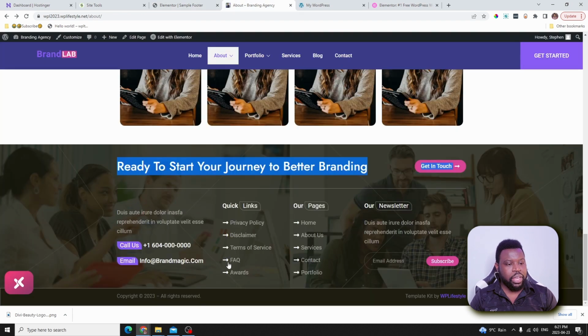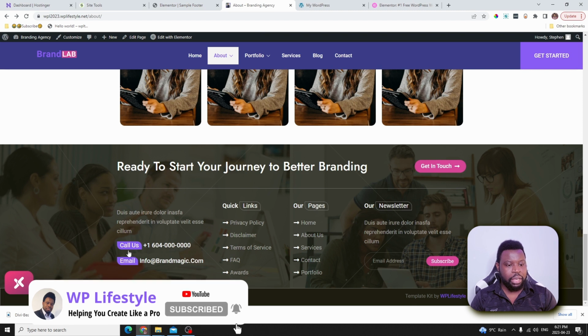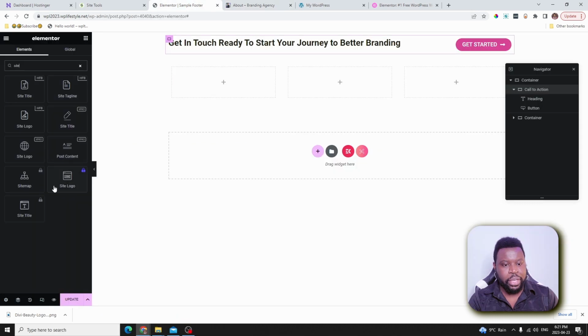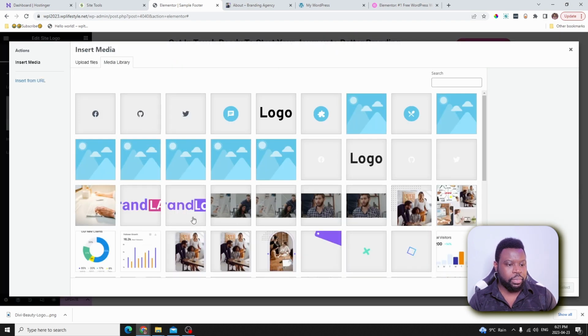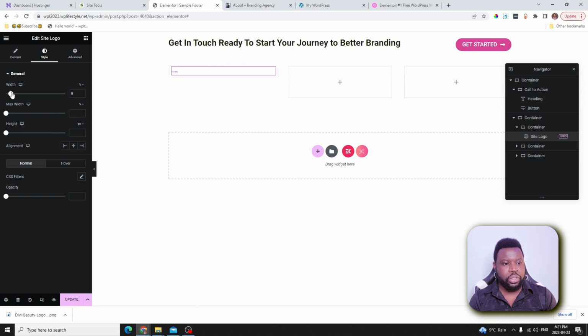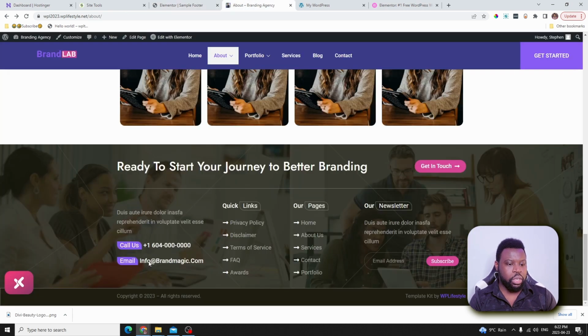And now let's go ahead and add all the information that we need inside here. So you can add pretty much anything that you want in here. For my case, I will add the site logo. I will add that in here, then select custom, go ahead and select the site logo. I will change the size and reduce that to something like this maybe, and then I will add the text module. We have all that information there already. I will leave it like that. Let's go back here. What else do we have? We have the contact button right here.